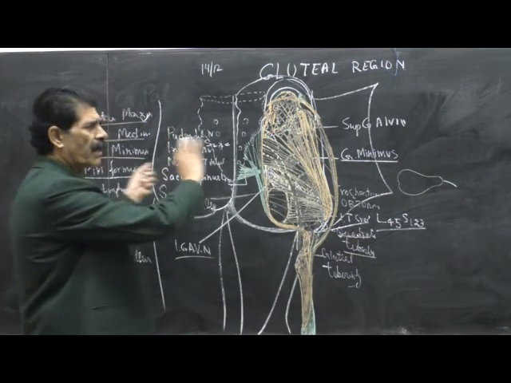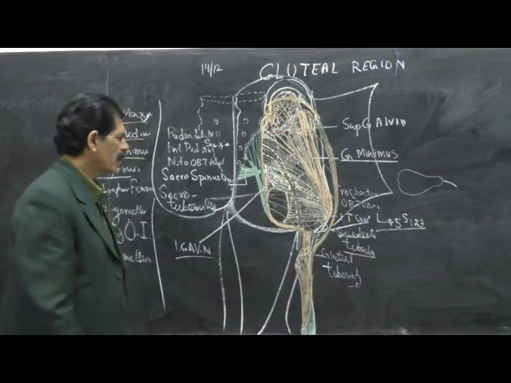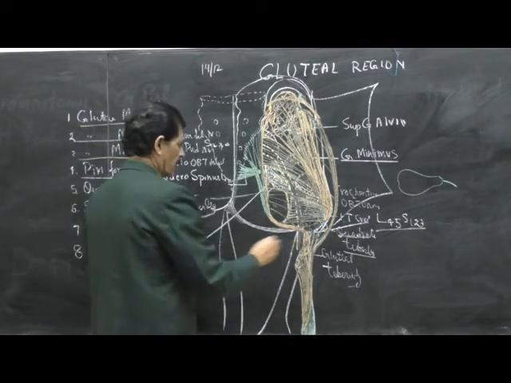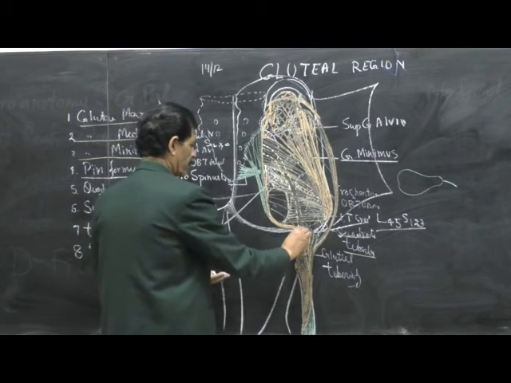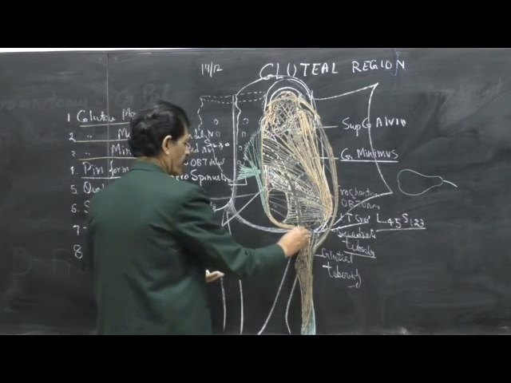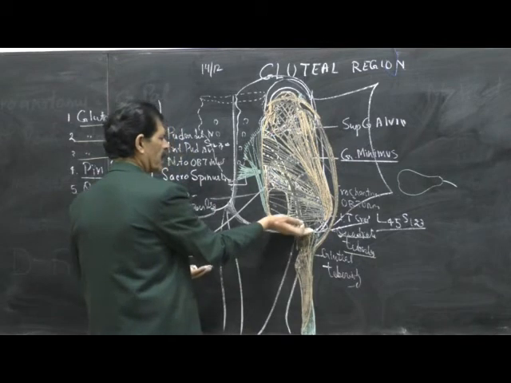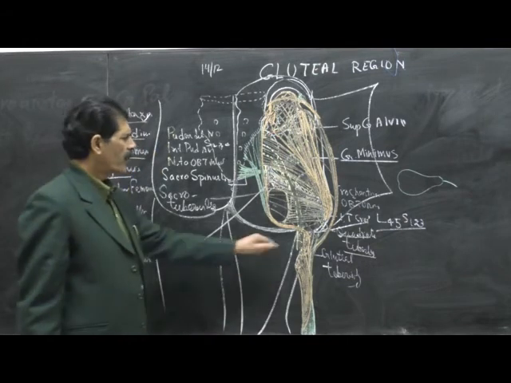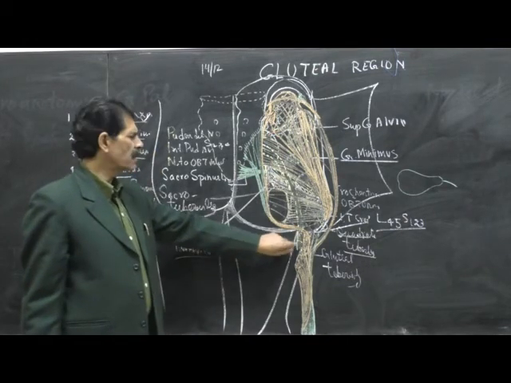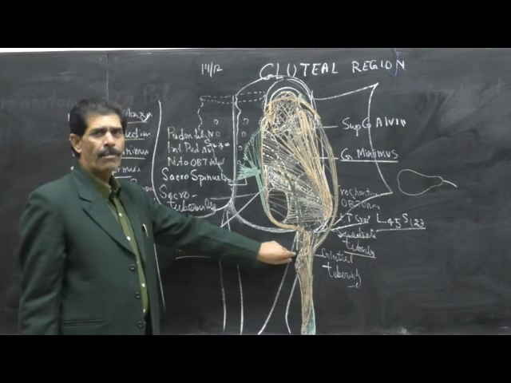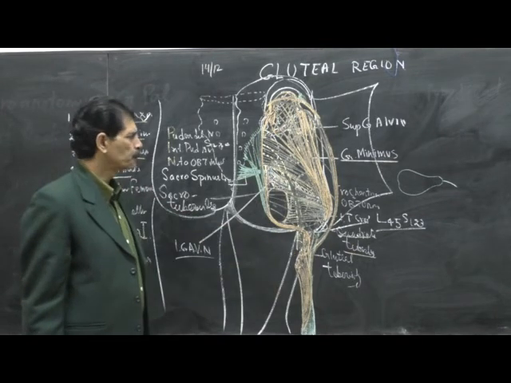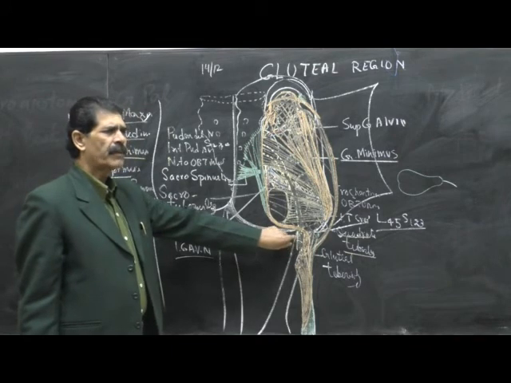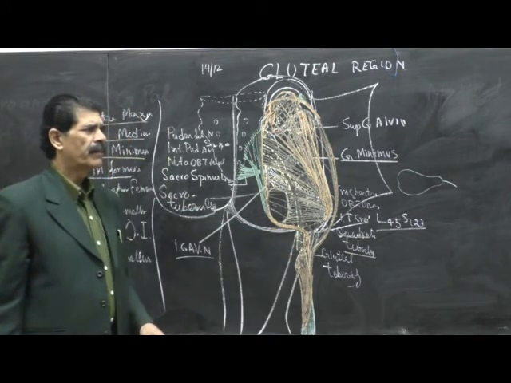So it covers everything we have done, the arteries and veins. And below the lower border of the gluteus maximus, the sciatic nerve comes and appears here. Above the lower border of the gluteus maximus, the sciatic nerve is covered by muscles everywhere. But below the lower border of the gluteus maximus, it again becomes naked and not covered by any muscle. And this point is very vulnerable and it may lead to clinical problems.